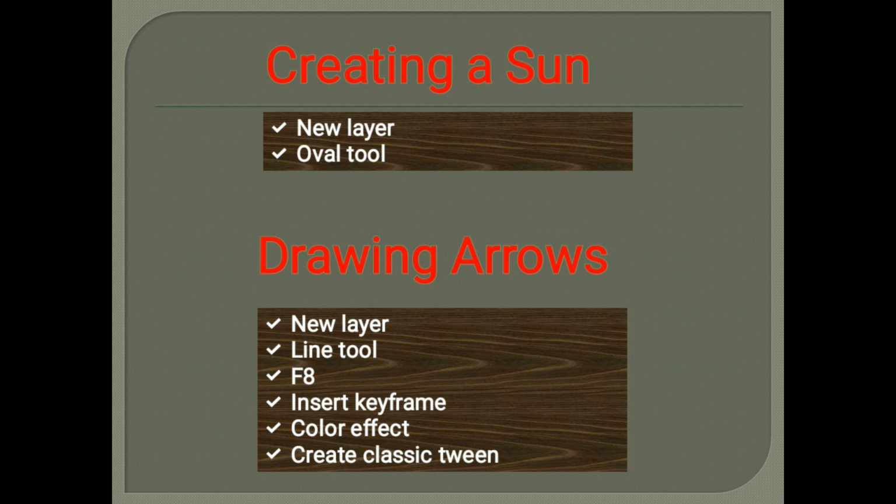Step 8, click on frame 18 and move the arrow a bit further and right click to select the Create Classic Tween option. And the last option, Step 9, click on frame 26 and move the arrow a bit further. Now set the value of alpha to 0 and right click to select the Create Classic Tween option. And the last point is how to create water droplets and minerals.